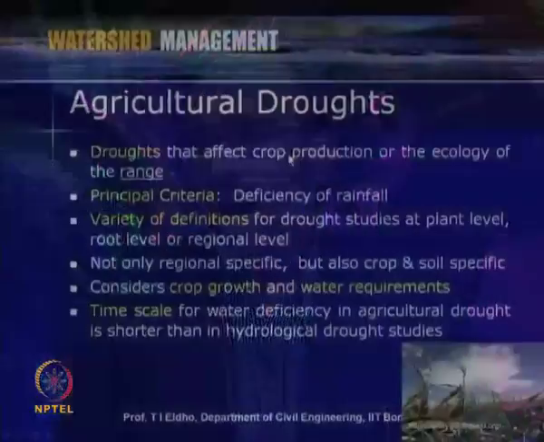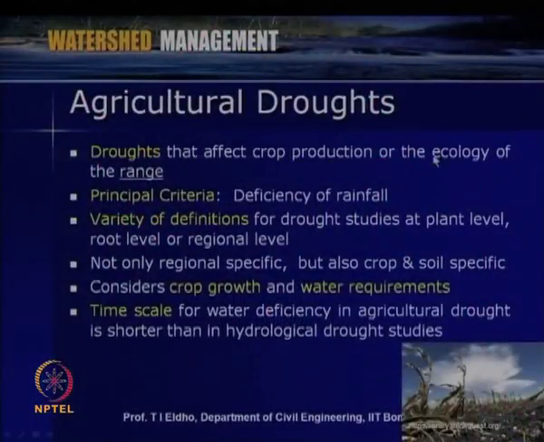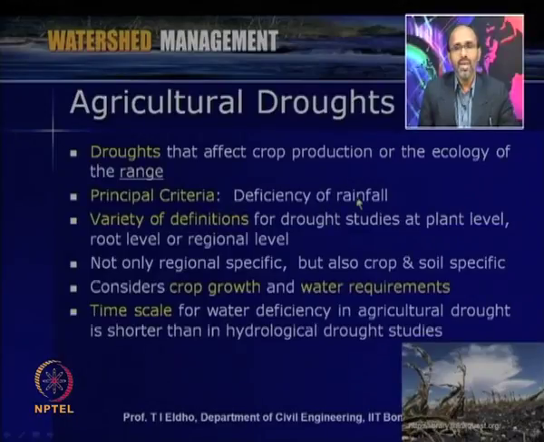So, droughts that affect crop production or the ecology of the range are so-called agricultural droughts. The principal criterion is the deficiency of rainfall or soil moisture, so that the crops cannot grow properly, and then the yield will be reduced or the crop will die. So, a variety of definitions for drought studies can be put at plant level, like root level or regional level,